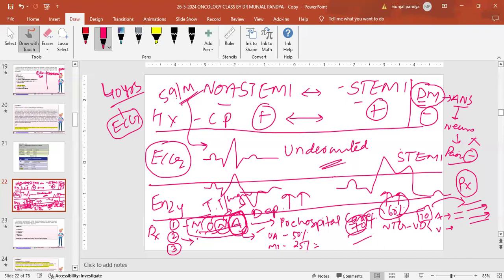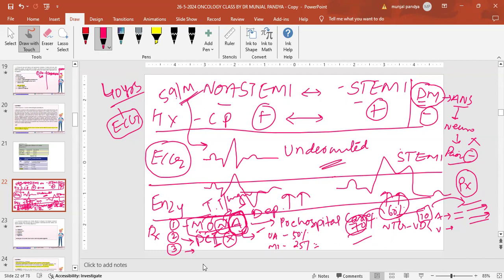Sir, percutaneous intervention, angioplasty. Okay, so PCI, basically percutaneous coronary intervention. This is the word as per the book, right? PCI, percutaneous coronary intervention. Okay, and say for example, it is not available in your hospital. Your hospital is a very small hospital sitting in a remote area in Dubai, and now you have a chest pain patient. You are a small clinic. You have given Mona. You transfer the patient because you don't have anything, or you have a little bit of facility. If PCI is not available in your premises, what will you give next?